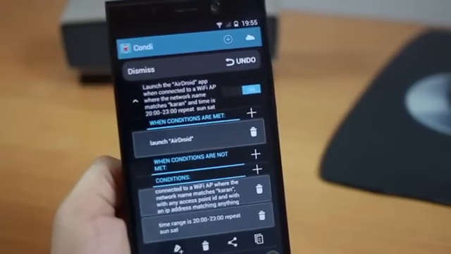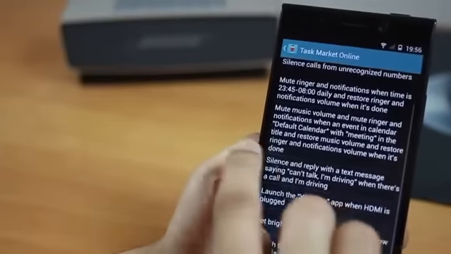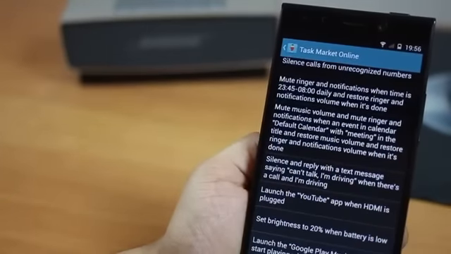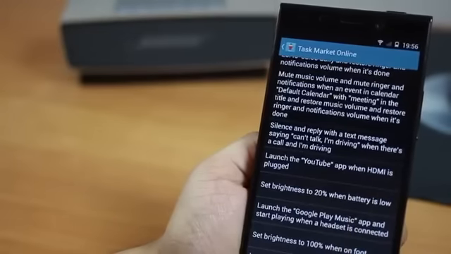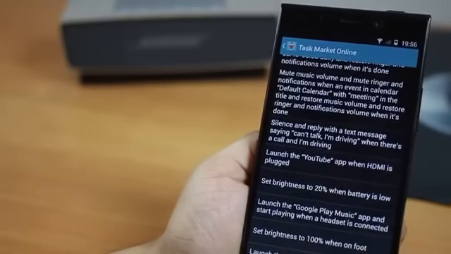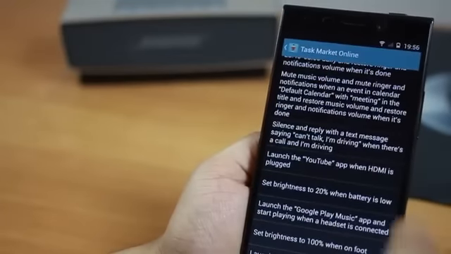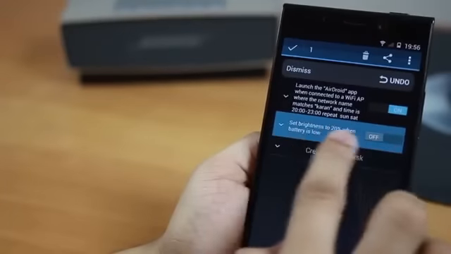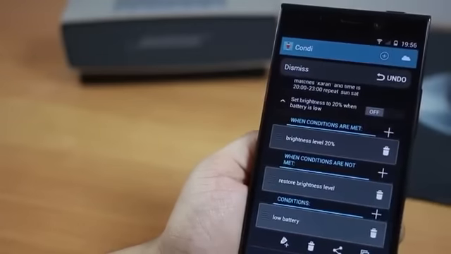You can also import some of these tasks online. So just go to the task market online, and you have changing of volumes, launching the YouTube app every time an HDMI cable is connected, dropping the brightness to 20% when your battery is low, and you just import it and it's there. So you can switch it on if you want, and you can add more conditions to it if you wanted to.